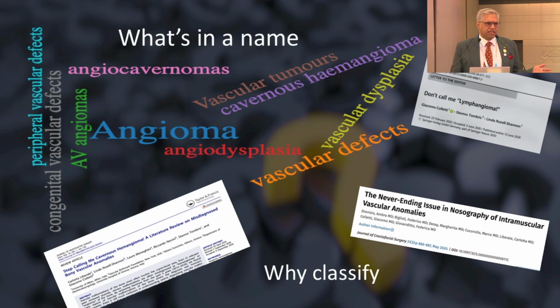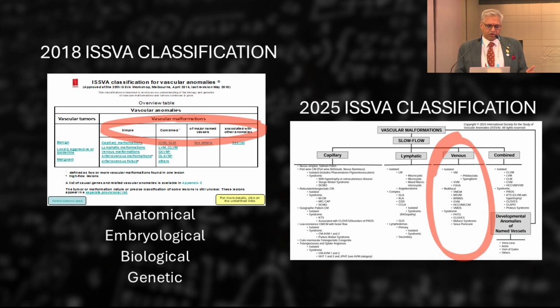You may ask, what's in a name? Quoting Shakespeare, a rose is a rose that smells as good. But if you did not call me Murthy and you Anil, there would be no differentiation. And if you did not use the right name, you cannot use the right treatment, as basic as that. So it is very, very important that we use the right nomenclature, and that's where the ISSVA classification is